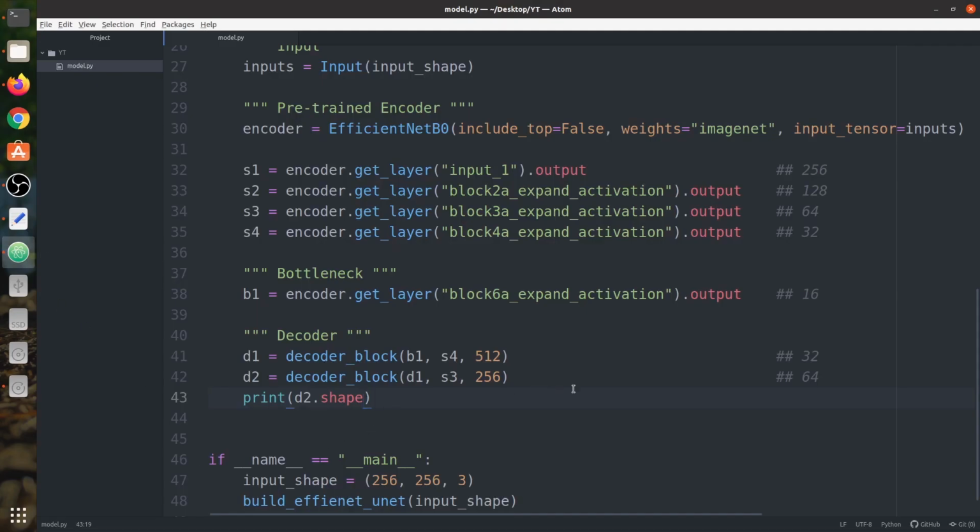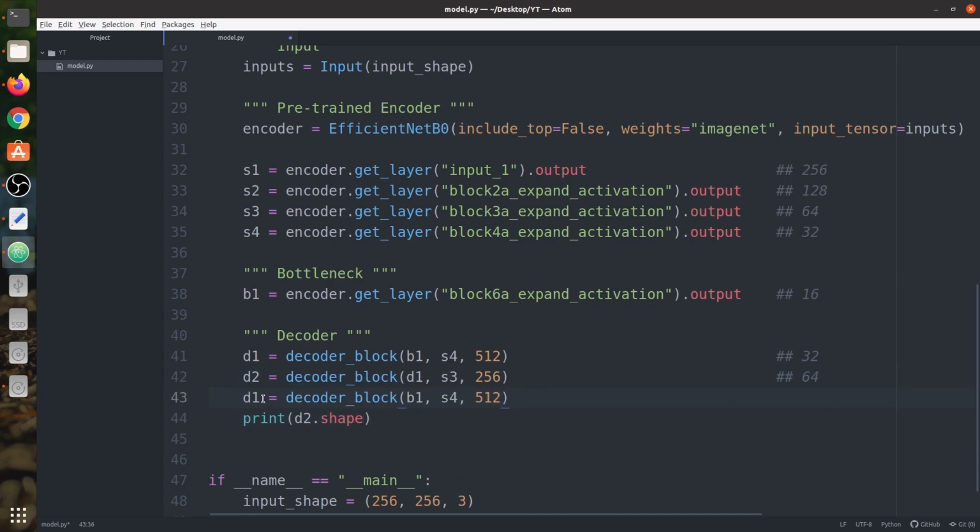We're gonna do the same for the next two. We have D3 and input would be D2 and skip connection S2 and number of filters half, that is 128. So here the shape should be 128. Okay, let's print it also.